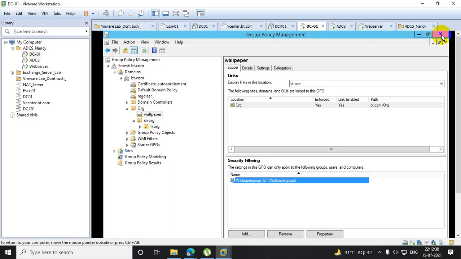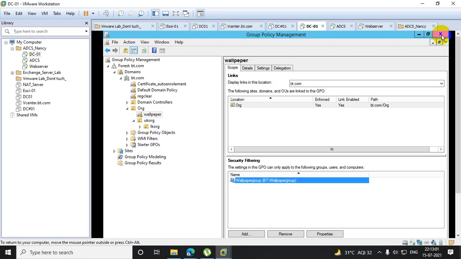Any doubt, please tell me. Okay, done. I will do the practical, then in the next class we can do questions. Yes, because this is the main core theory part of group policy. Next, I will show you component-wise practicals, one after another. But this was the entire theory part of GPO, the mechanism of how GPO works.